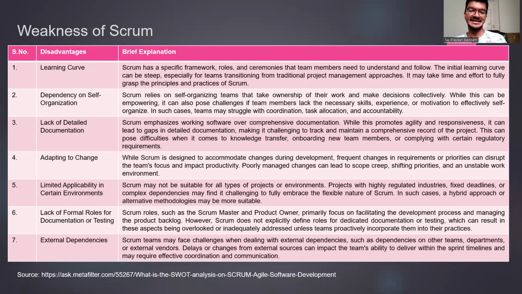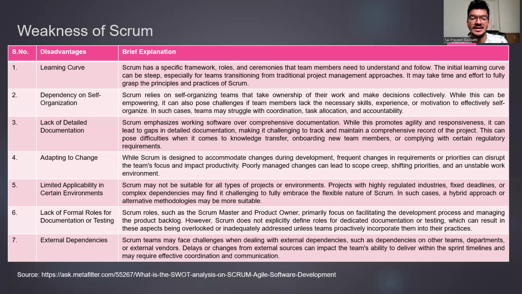Now, lack of details. Yes, in Scrum, the focus is more on creating and delivering working software rather than spending time on detailed documentation. This approach allows the teams to be more agile and responsive. However, it can sometimes result in a lack of thorough documentation, which may make it harder to keep track of a complete record